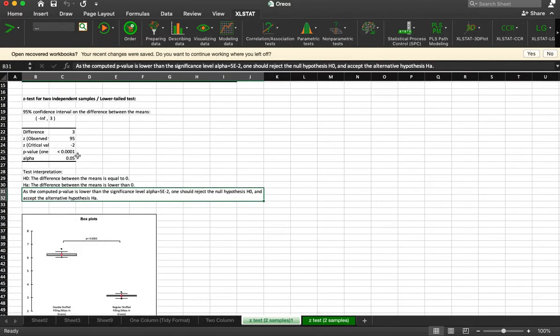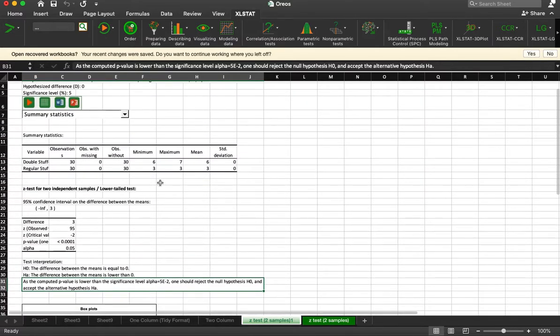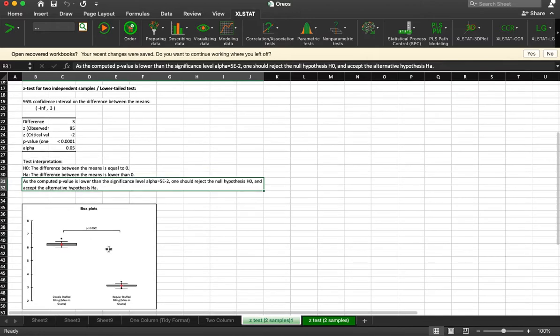So yeah, we are now going to be able to conclude that the weight of a double is more than the weight of a single. Right? We can see in our box plots, it's more, it's statistically significant. So ta-da, a double stuffed Oreo does have more stuffing than a regular stuffed Oreo. Great, easy peasy. But